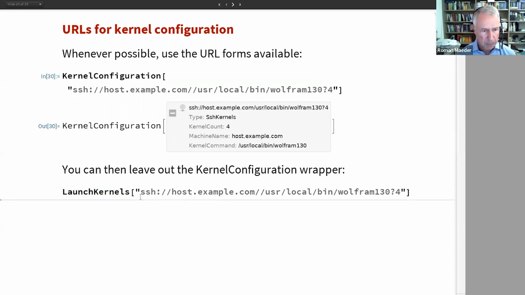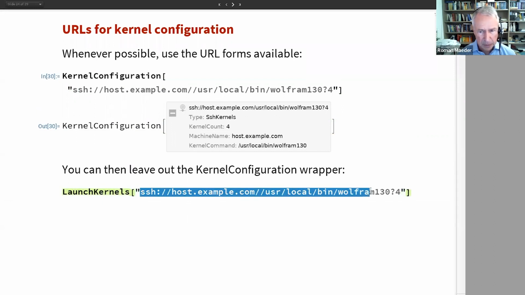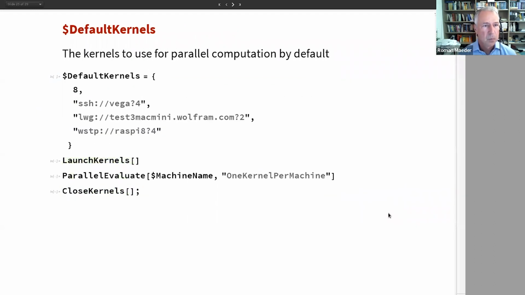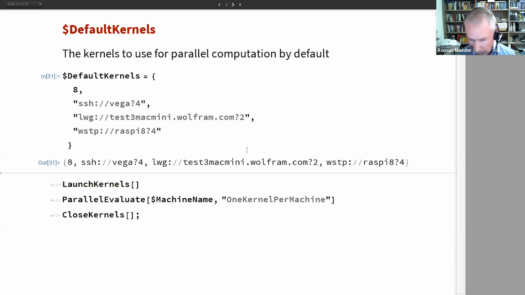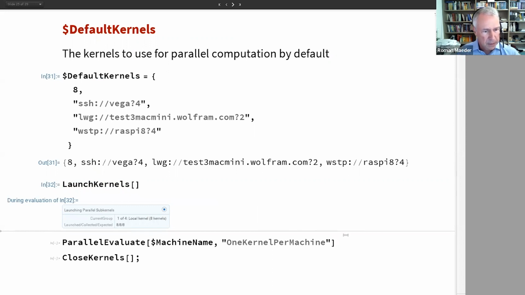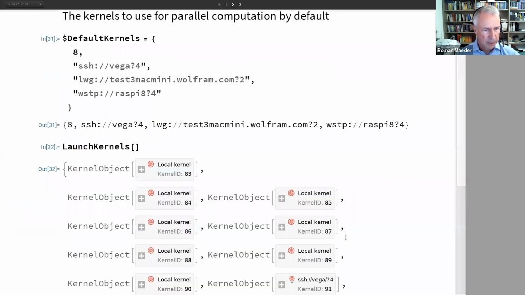So most of the time, your kernel configurations will be URLs. And that is specifically useful for your default kernels. The default kernels are the kernels that you want to use for parallel computation if you don't use any specific ones. So once I set my default kernels, if I now do a LaunchKernels without argument, it will go through this list. You can see it is now working on group 2, 3, and quickly we hopefully will have all of these kernels. So now I have all of these kernels